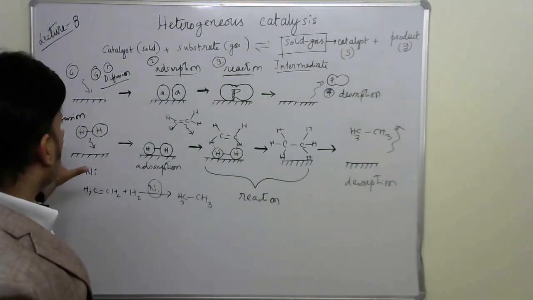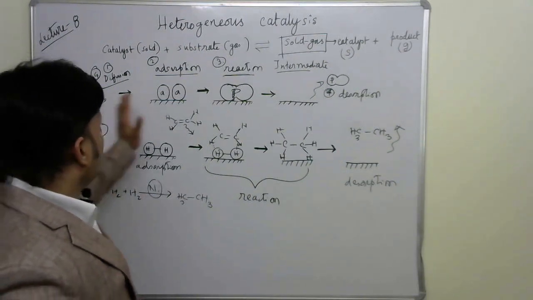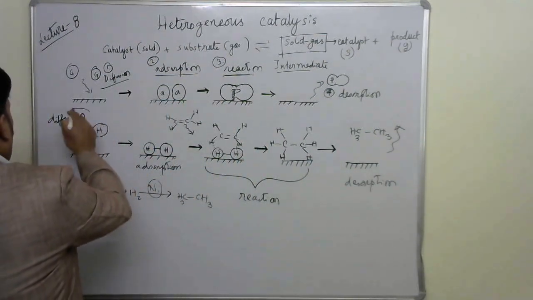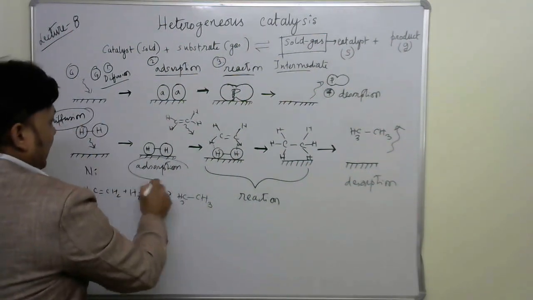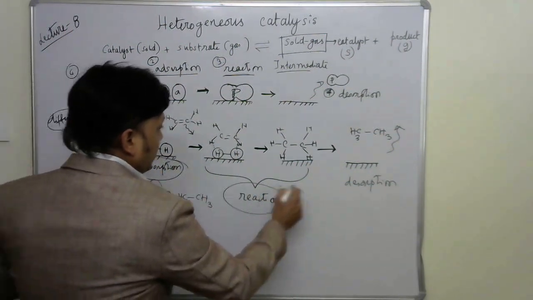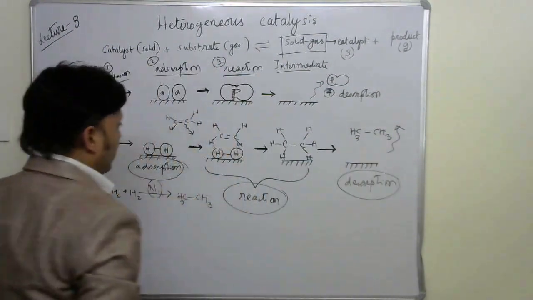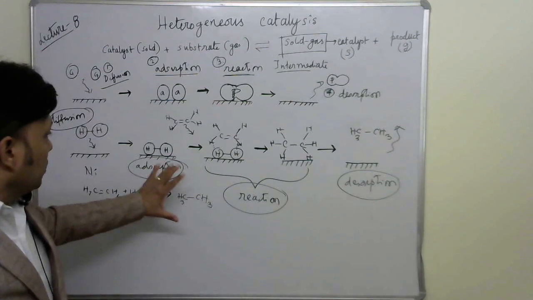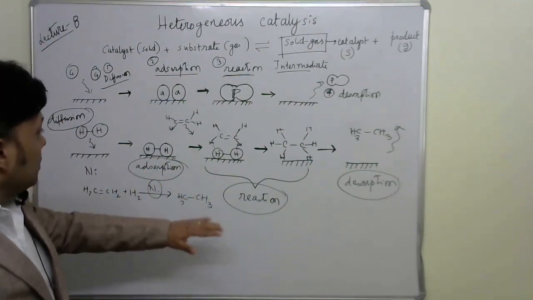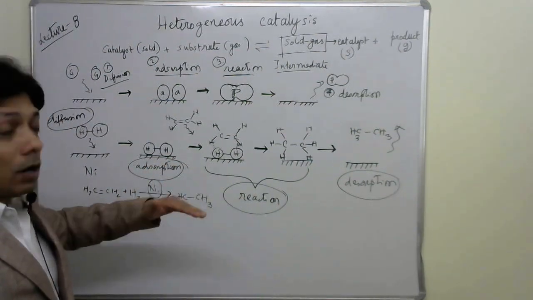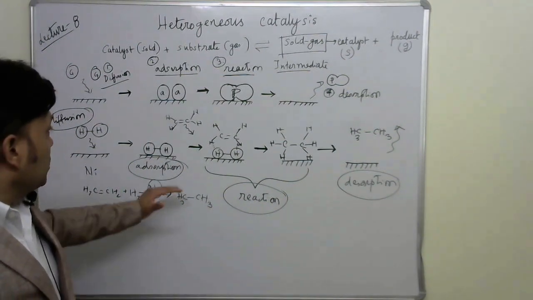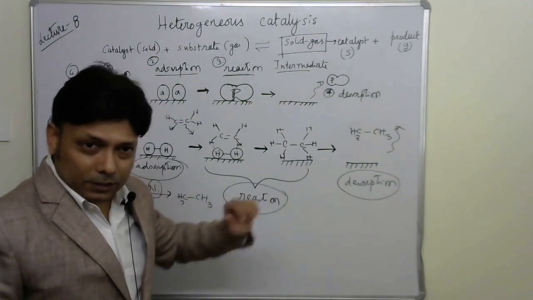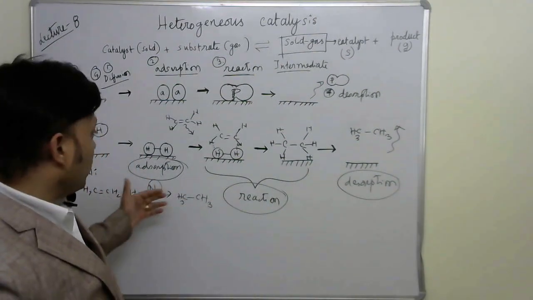So now, the entire heterogeneous catalysis, as I told you, consists of four major steps: diffusion, adsorption, reaction, and desorption. Before we proceed, we want to ask ourselves a question: what is the role of the solid surface here? The role of the solid surface is